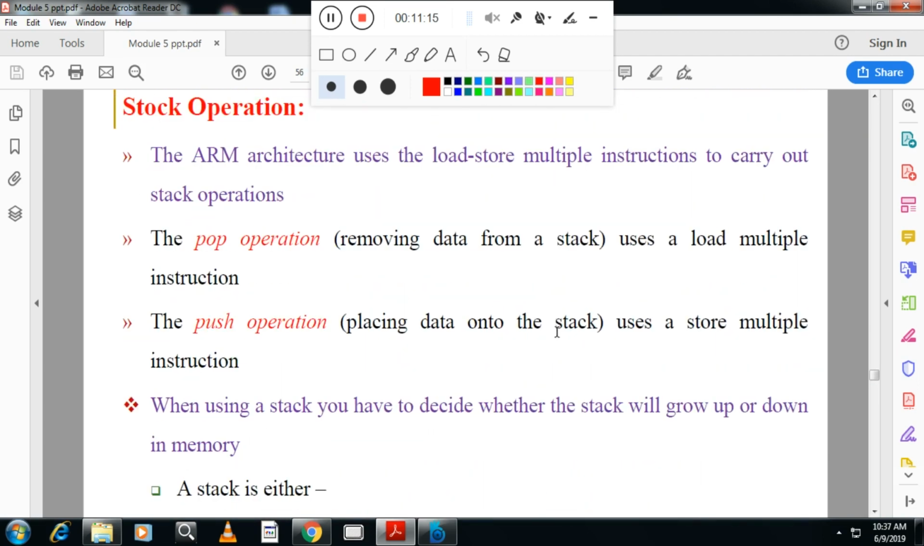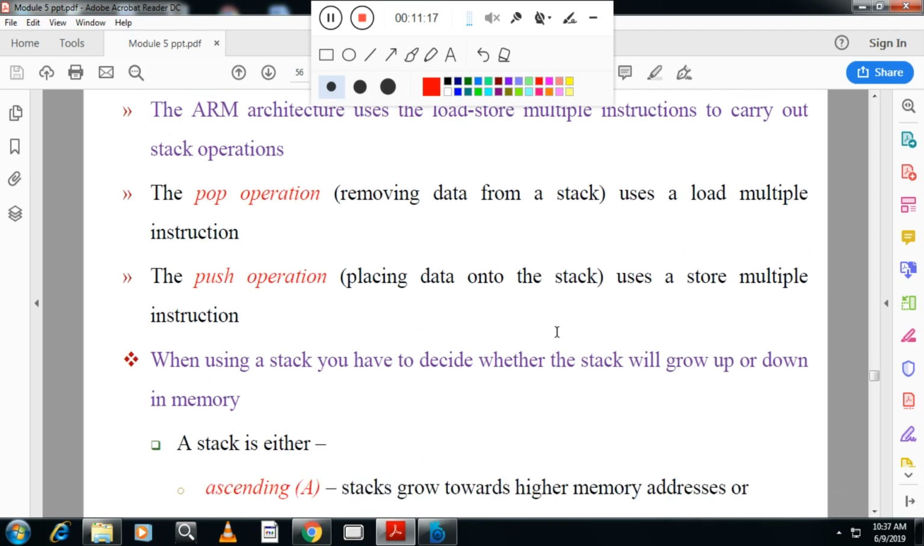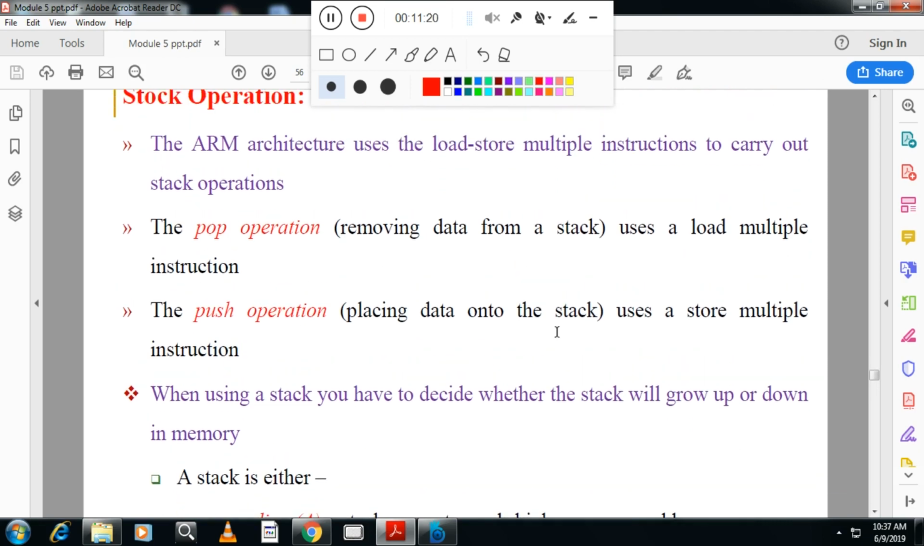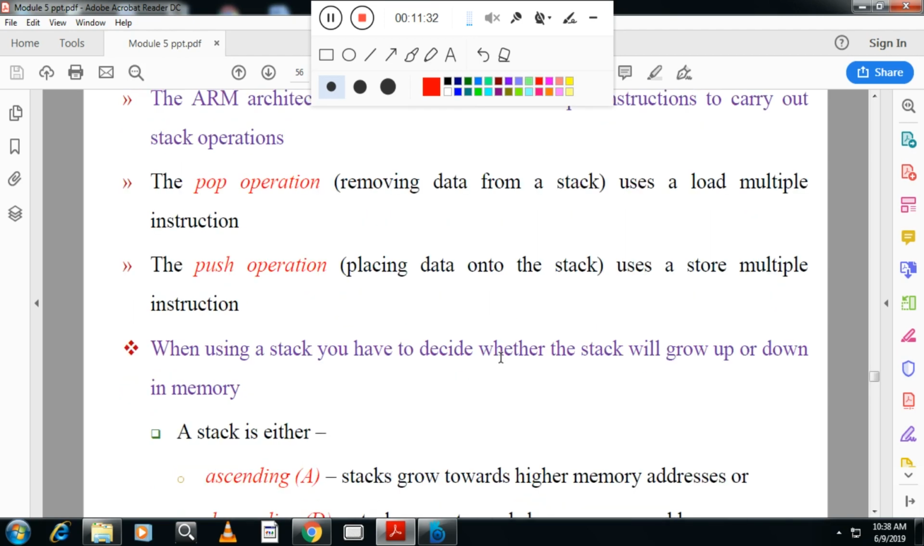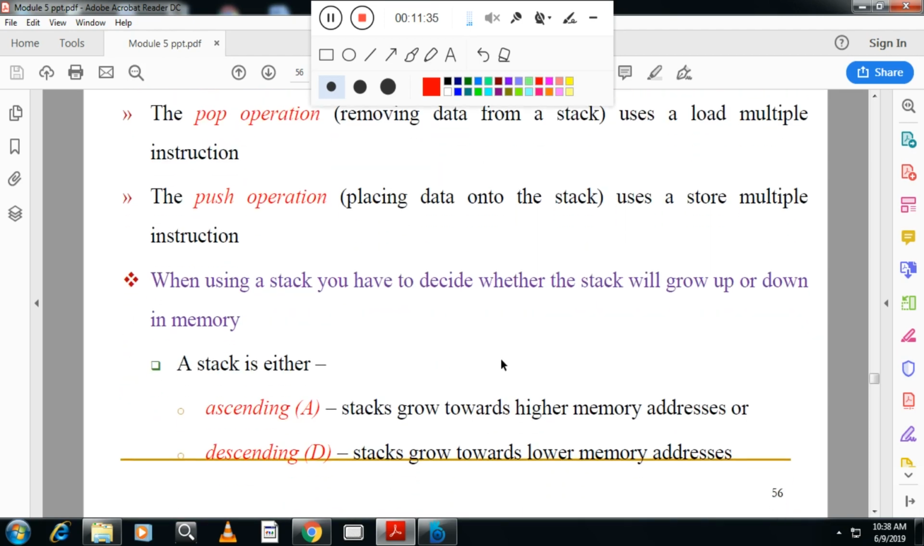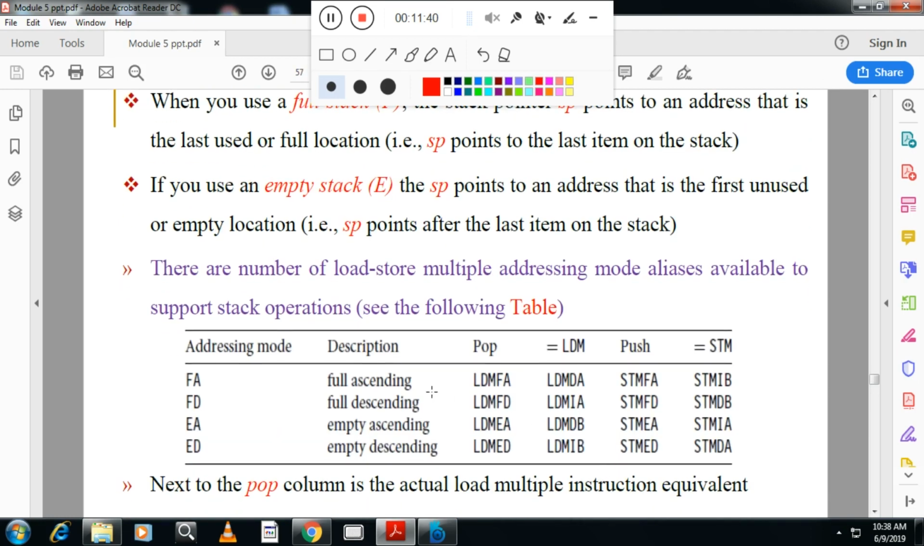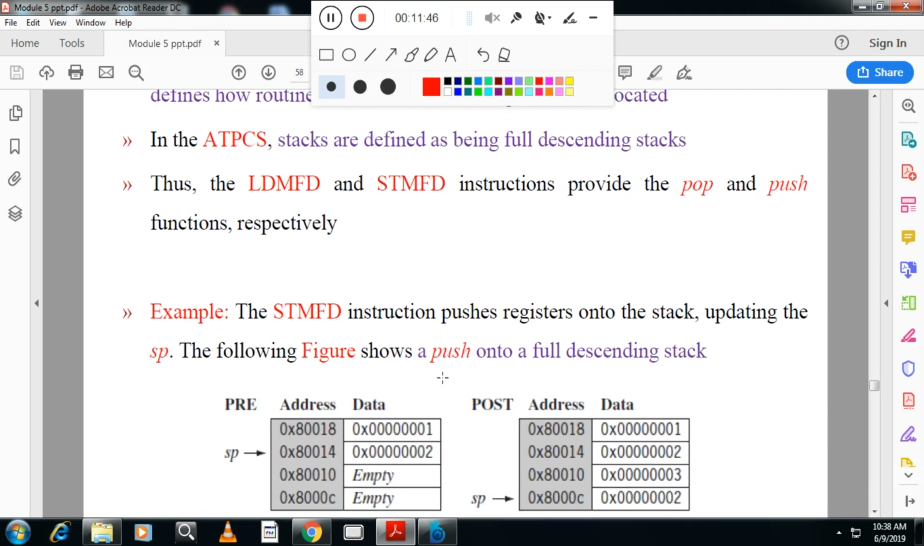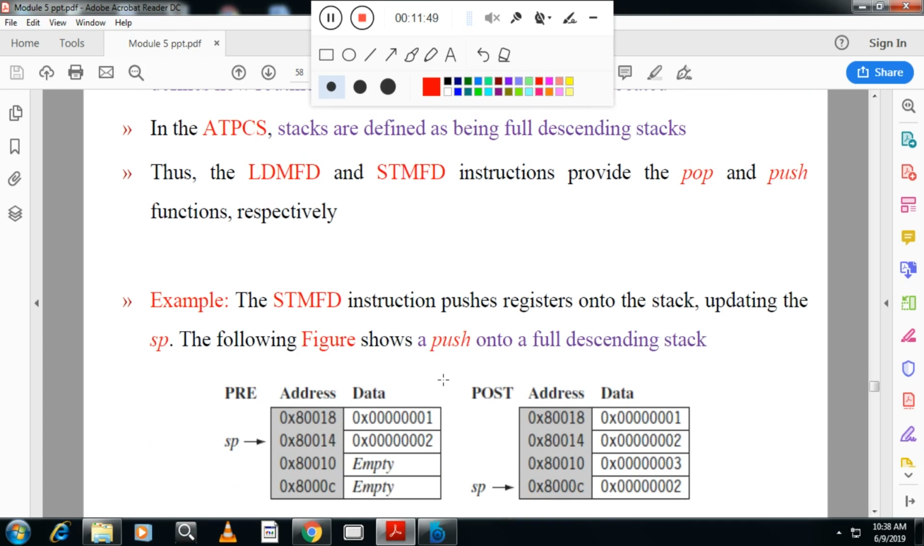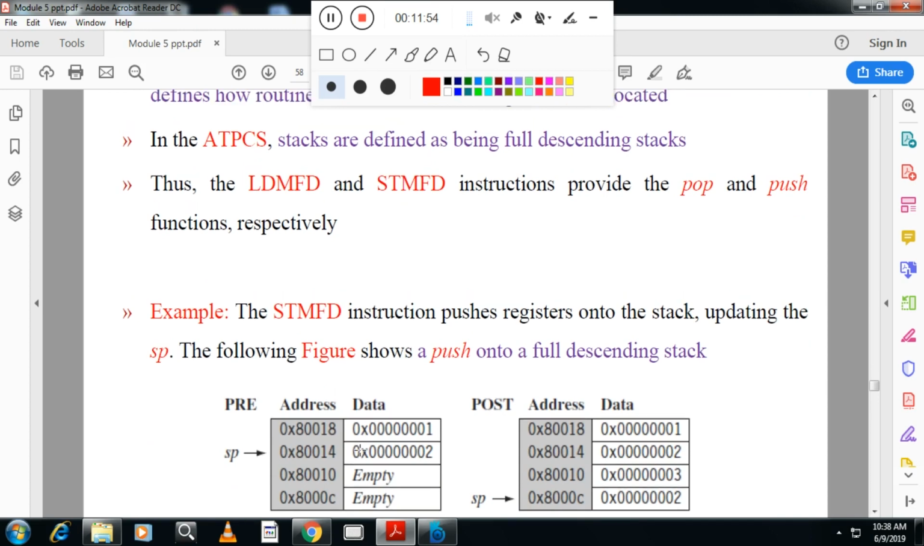So in the stack operation also, we know the stack uses pop operation and push operation: pushing data onto the stack is push, removing data from the stack is pop, using load multiple and store multiple instructions. Stack is a temporary memory, and here the stack works in ascending and descending. Stack grows towards higher memory, or stack grows towards lower memory. Here also there are 4 options: full ascending, full descending, empty ascending and empty descending. As I said in the earlier case, you can see here